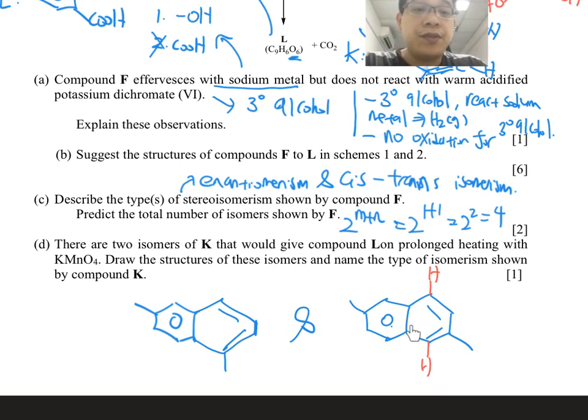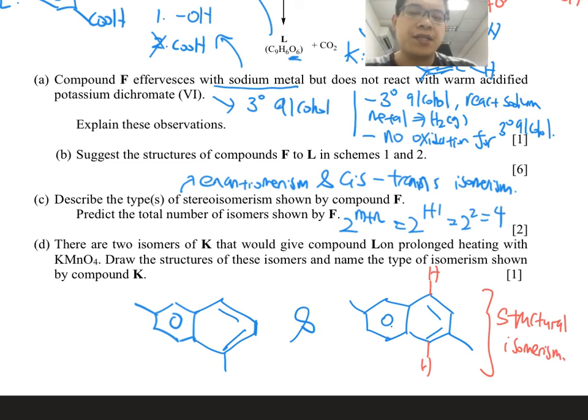So these are the 2 isomers. Now, what is the name of this type of isomerism? There are many names, but one of the key names you can say is that you are simply changing the position of the carbon. So I call this structural isomerism. You can also call this constitutional isomerism. Some of you want to be even more specific, it's actually called chain isomerism, but nevertheless, we just call it the generic form, structural isomerism.